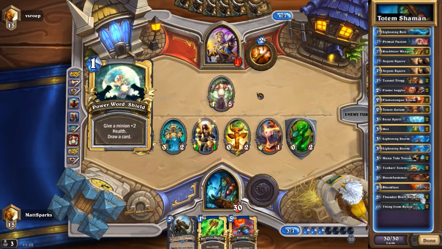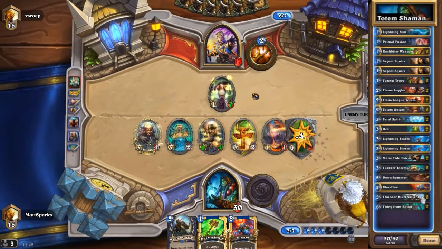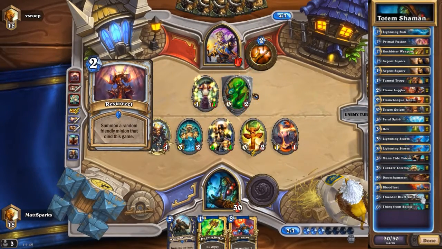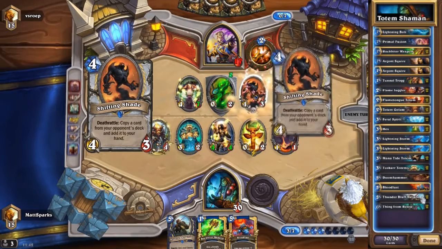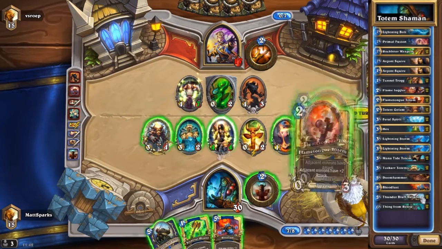But this Inspire gives your totems +2 attack. So every time you use your hero power to summon a totem, it gives all the totems that you already have, including the one you've just summoned, +2 attack. And especially with stuff like Totem Golem, if you've got your Totem Golem out on the board already, then that becomes a 5/4. That's pretty strong indeed. And obviously it means that your Flametongue Totem can attack, your Mana Tide Totem can attack. It's great. I usually save this for a turn 7 play,